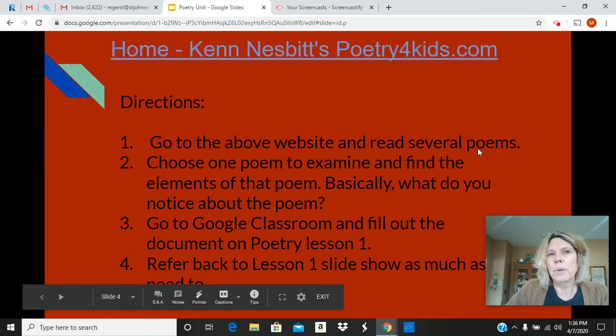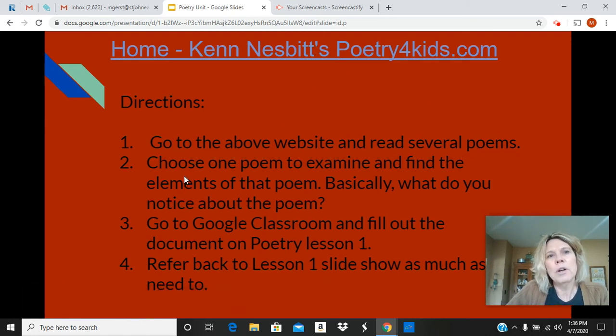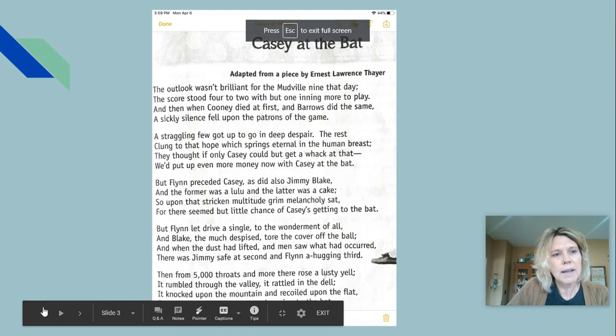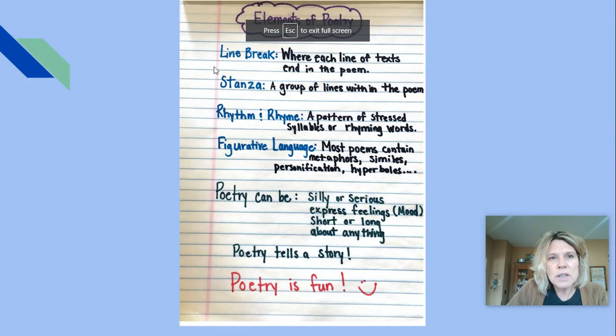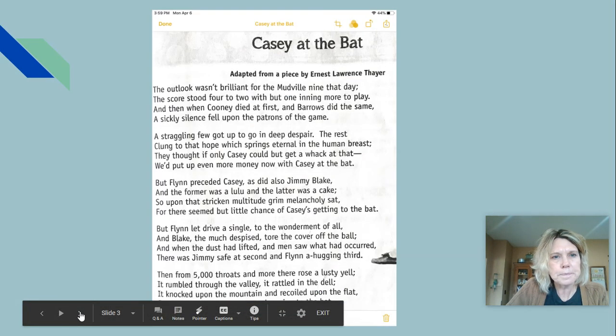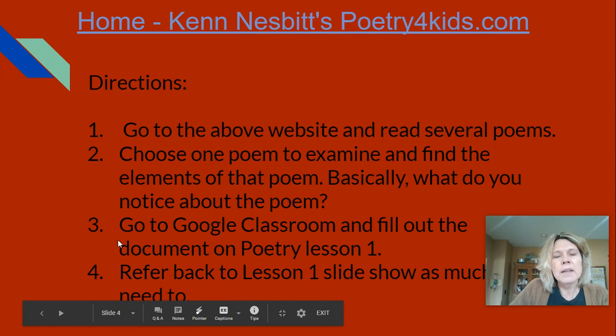So you're going to read several poems from this website. I want you to choose one poem in particular to examine, just like we examined Casey at the Bat, and find the elements of that poem. Basically, what do you notice about the poem? Okay. When you've done that, you can, again, go back down here and go back to the slide and go back to, oh, these are the things Mrs. Gertz wants me to look for. So I want to notice these things. And then what you're going to do is go to